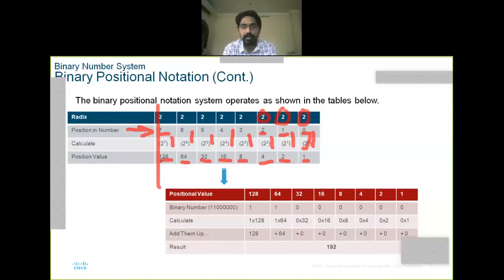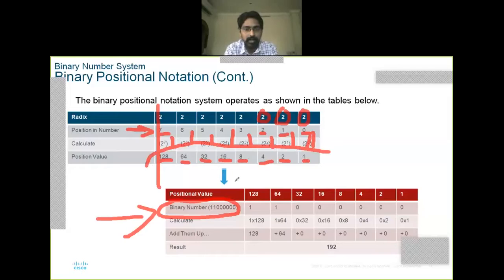Next, we need to get the value of a binary number in a decimal format. So how do we obtain the binary value in a decimal format? This is the basic table. Whatever the values are, there are total 8 position values. In a binary number we have total 8 bits in an octet. What is the example number over here? 1 1 followed by 6 zeros. This is the input number.